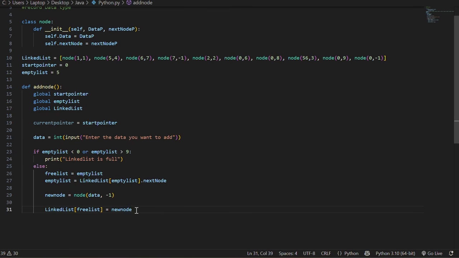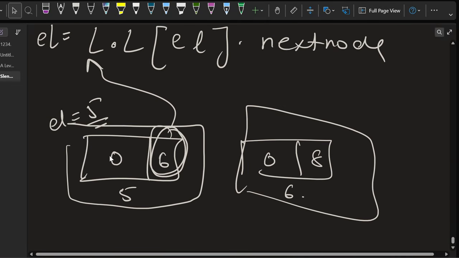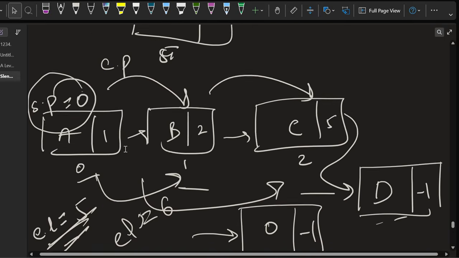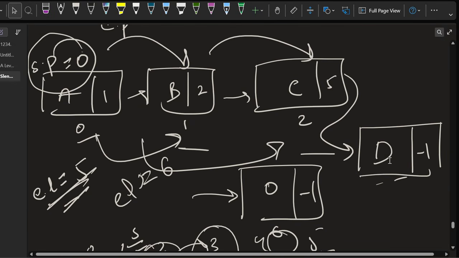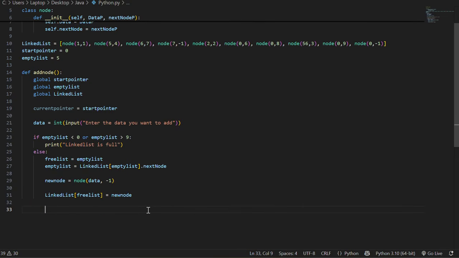Now what I want to do is, I've done all of this. I've added the value here. So now what I need to do is connect it to my previous node. Like over here, I needed to connect C to D, change its -1 to 5. So for that, what I'm going to do is take another variable,